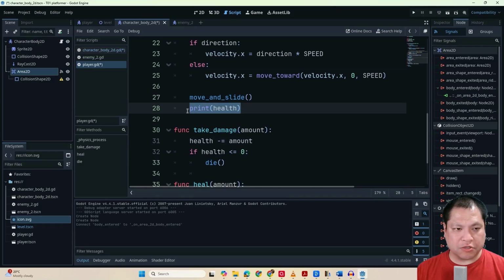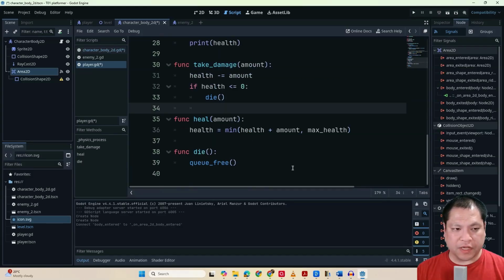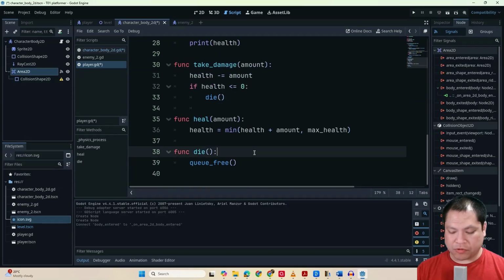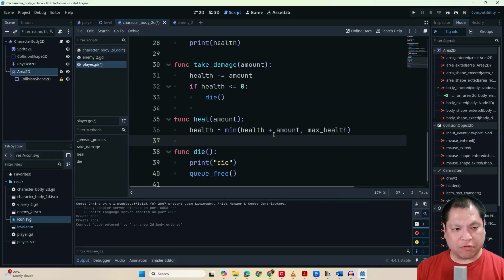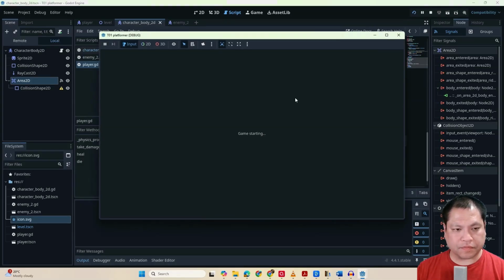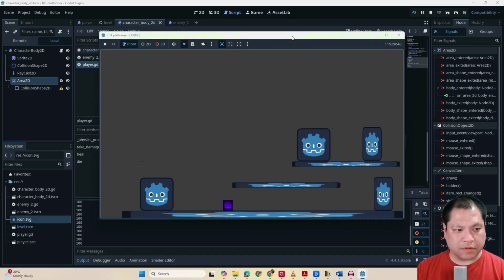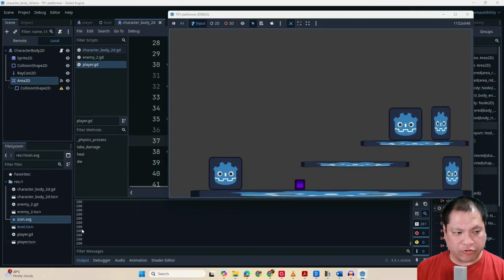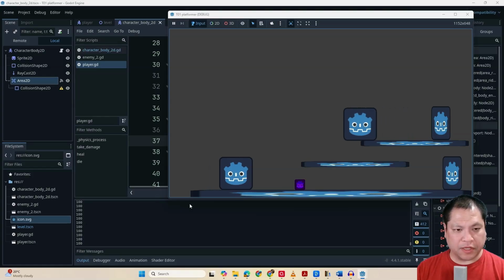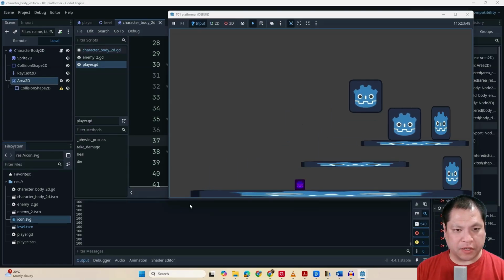And so it should do that every frame of the game. And then in die, let's also get it to print die so that we know if it dies. We'll run the game. And we can see in the console, it is printing 100 every frame of the game. And then if I touch the enemy,